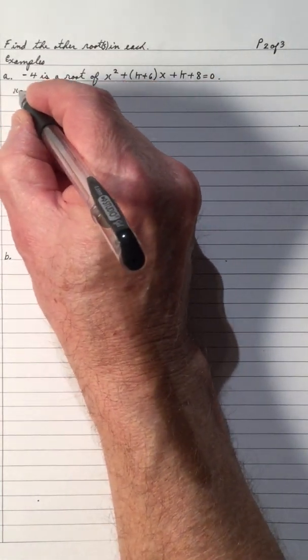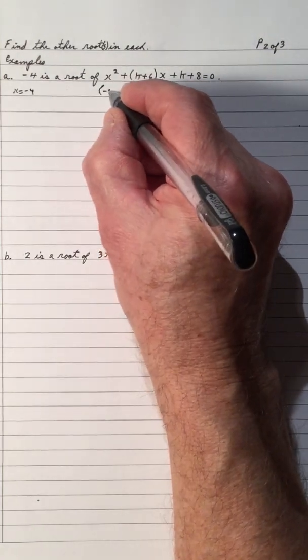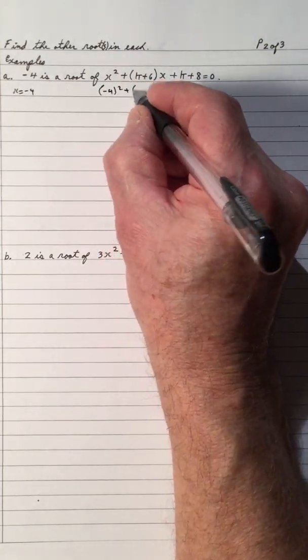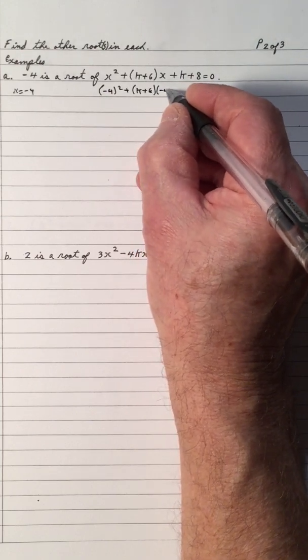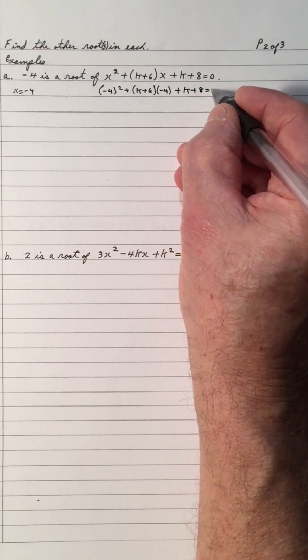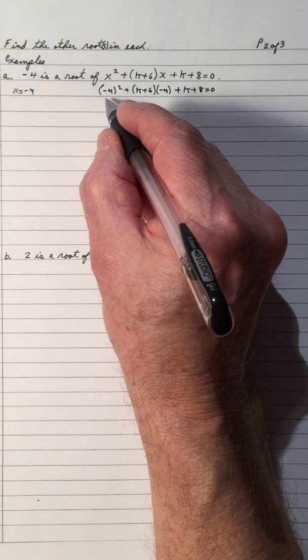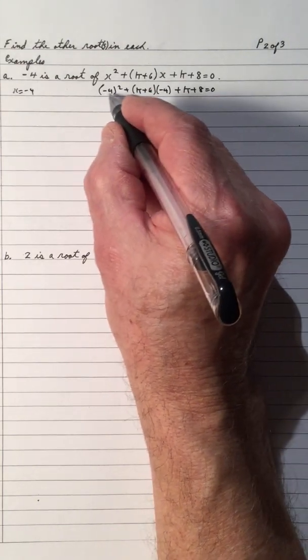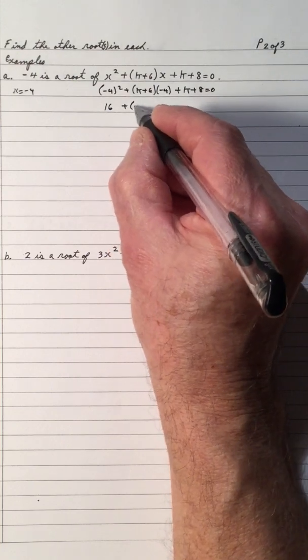So we have x equals -4 as a root. So we will put -4 in the equation, just like we did in the previous video. If we put a -4 in for x, then we can find the value of K. So put a -4 in, we do PEMDAS. So I'm going to do the order of operations. So I'm going to get a 16, and I'm going to leave